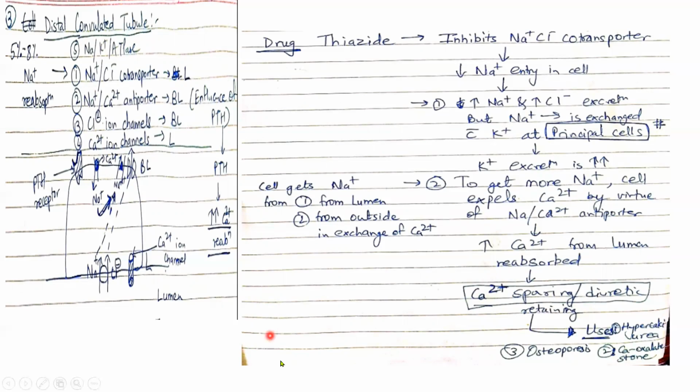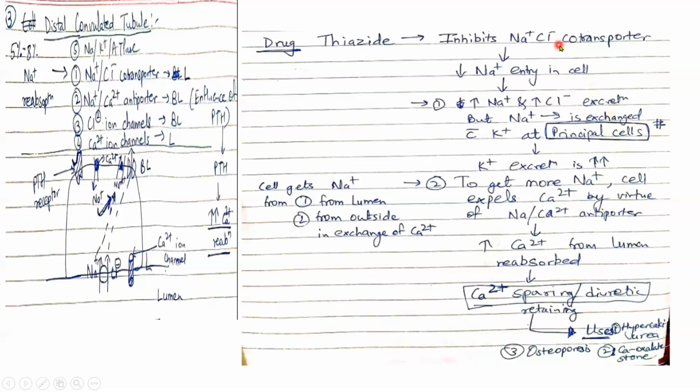They do not get reabsorbed to the extent they should, and are excreted out. But you need to remember only 5 to 8% sodium reabsorption is occurring here. So you are only able to inhibit that 5 to 8% to some extent, not completely. So this is again a mild diuretic. Thiazides are also mild diuretics. Okay, so now look at the flowchart.